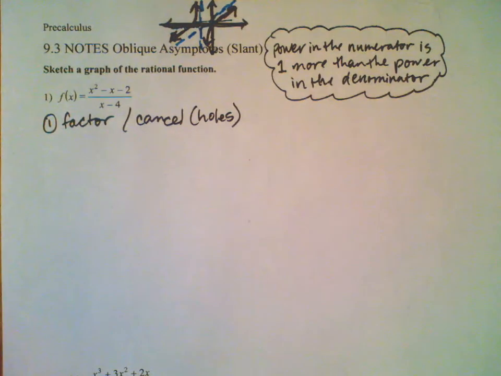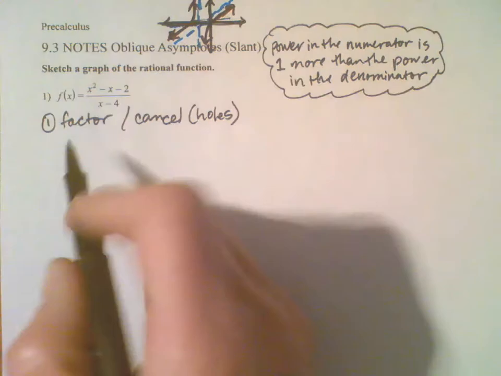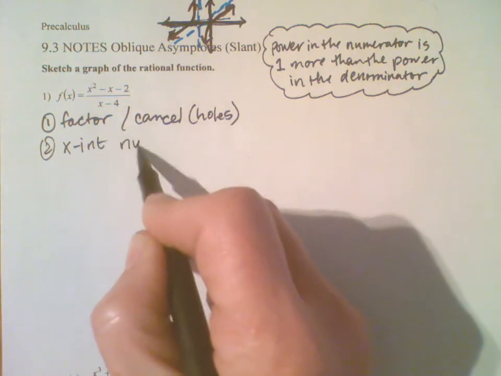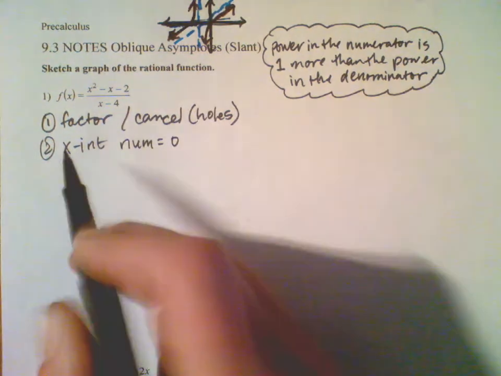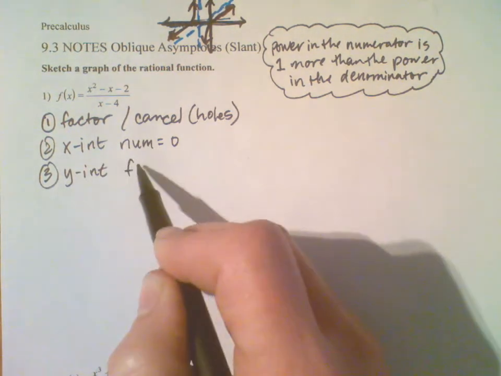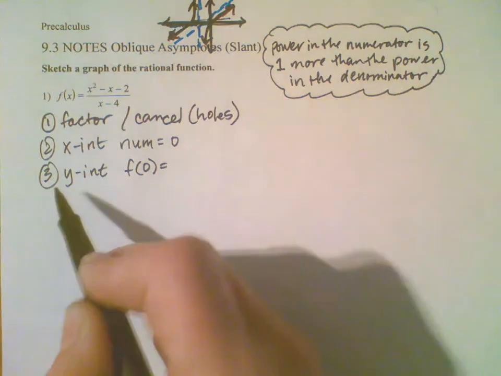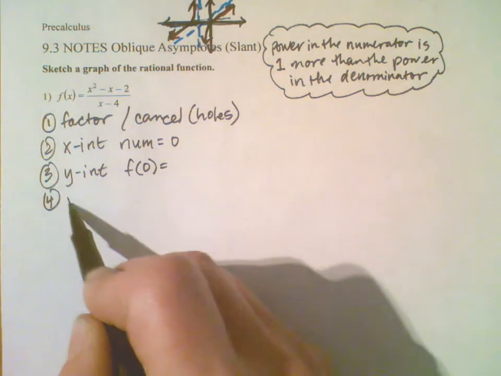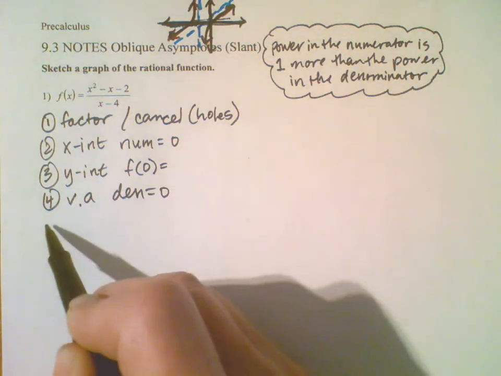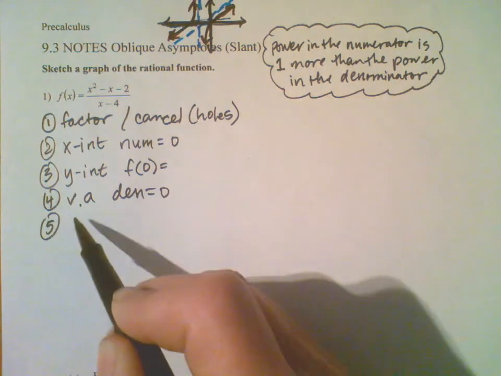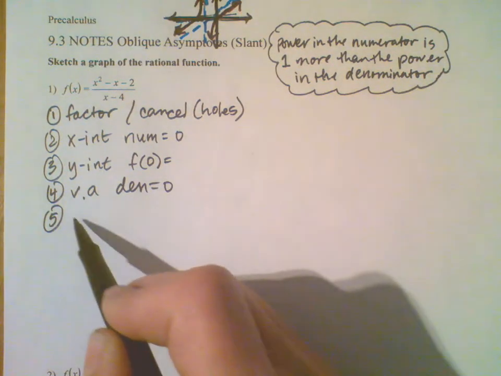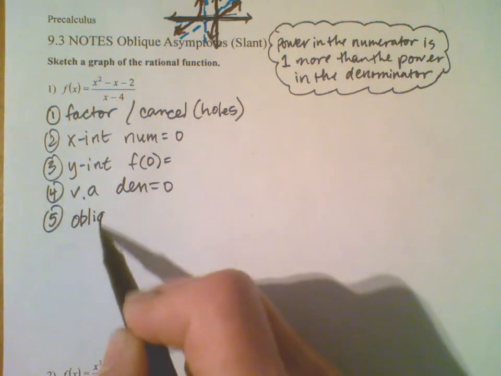Those can still occur. The next thing you're going to do is find your x-intercept. Remember, that's setting the numerator equal to 0. And you'll still find your y-intercept by replacing x with 0. You'll still find your vertical asymptotes by setting the denominator equal to 0. And then lastly, you will not have a horizontal asymptote. And so what you're going to have to do to find your oblique asymptote,